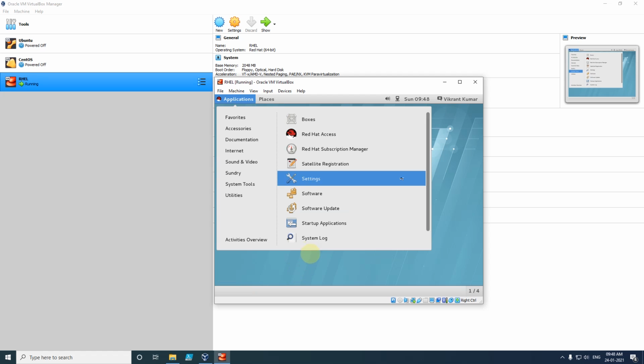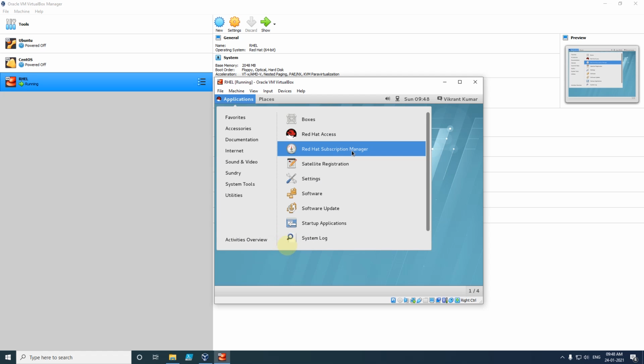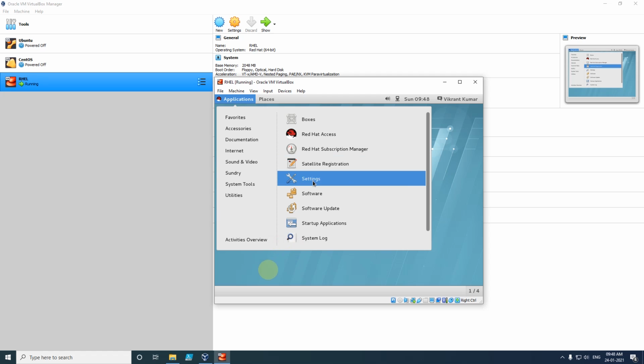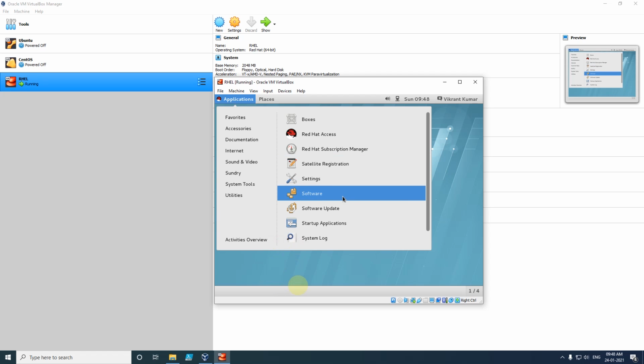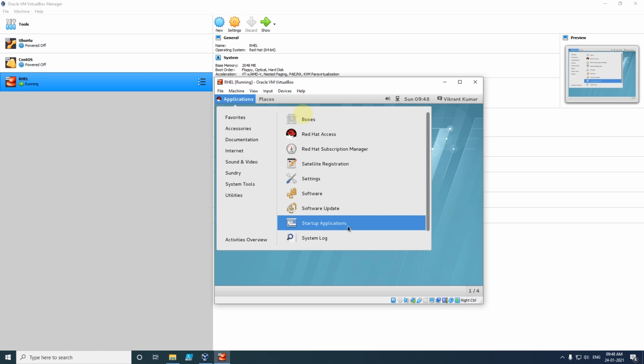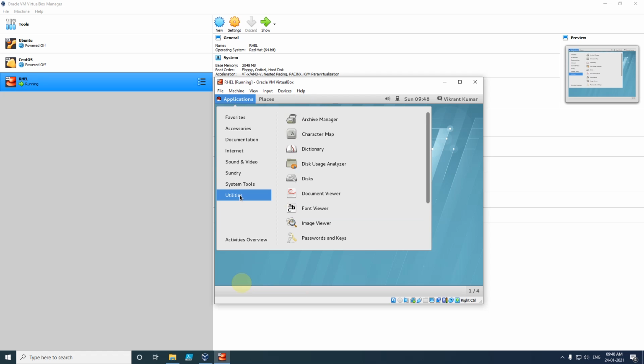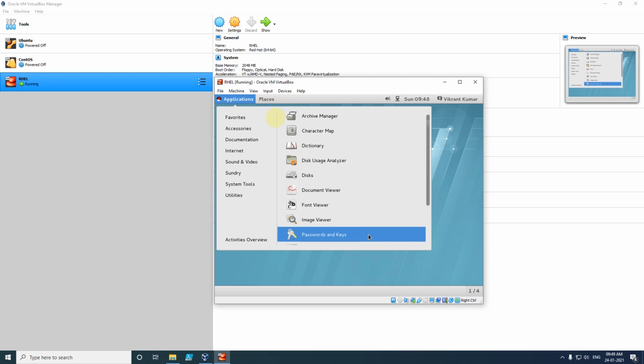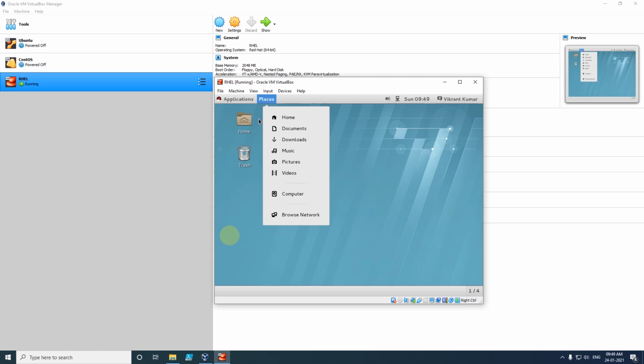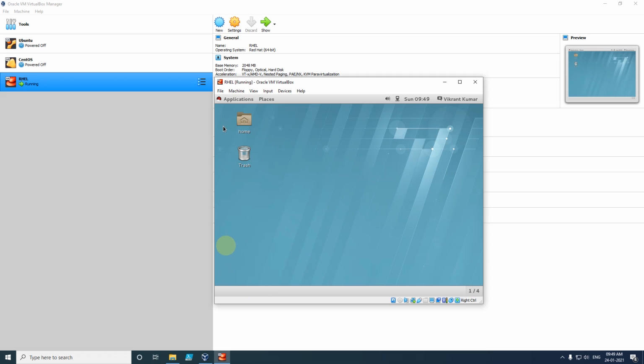In system tools we have Red Hat Access, Red Hat Subscription Manager, satellite registration, settings, software update, startup application and so on. After that we have utilities. In utilities we have archive manager, character map, dictionary and many more. And in places we have the same things we saw after clicking this home button.